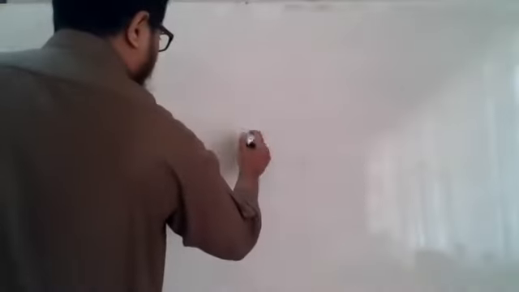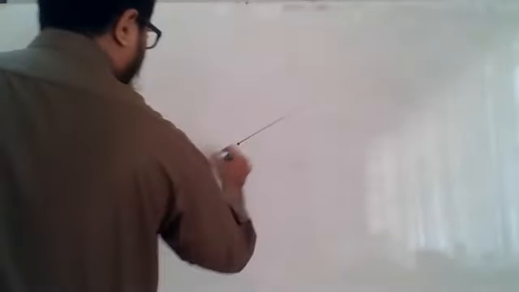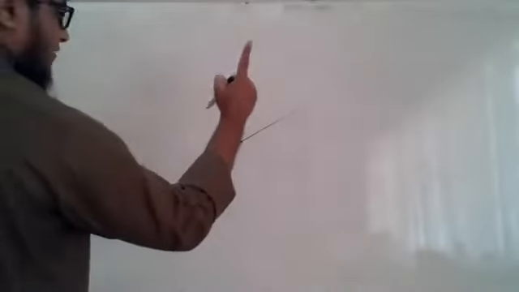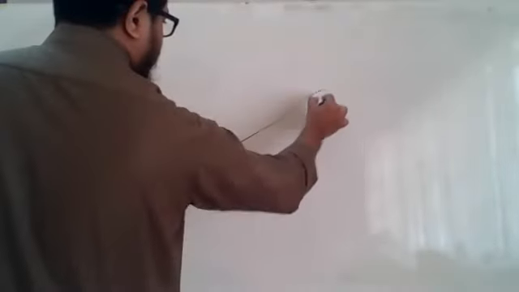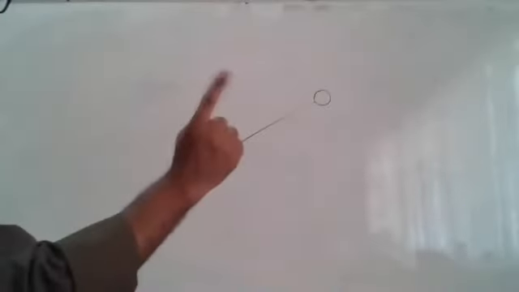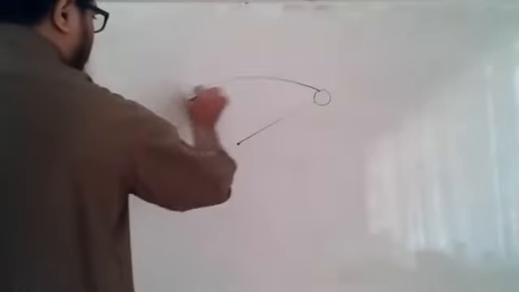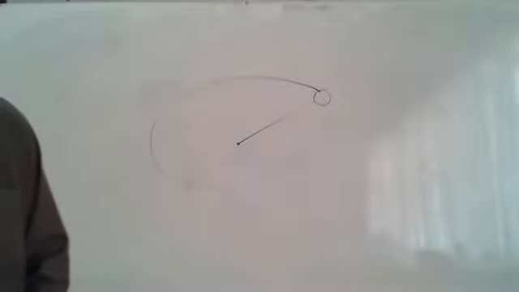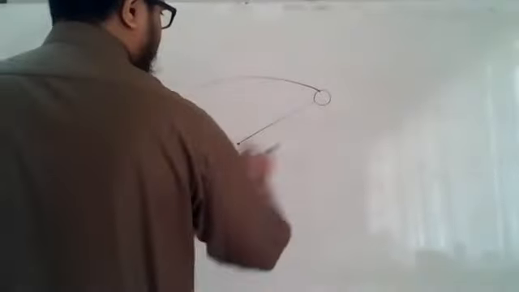Okay, so then we have the centripetal and centrifugal force. These forces are generated when a body is in circular motion. Let us say we have a rope here. One end of the rope is attached to one of my fingers and the other end is tied to a ball. Now if I start rotating it like this, the ball will be in circular motion. When the body is in circular motion, you will always feel that the body wants to go out of this circular path. If you cut the wire, you will see that the body is